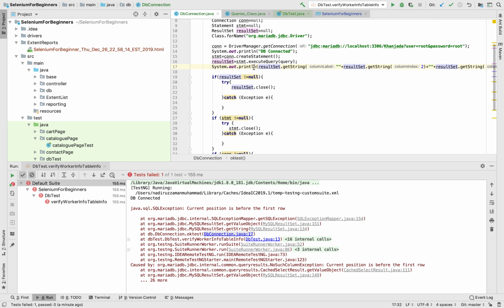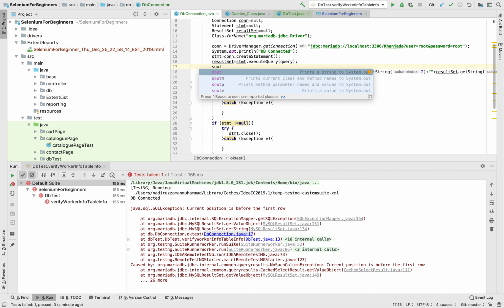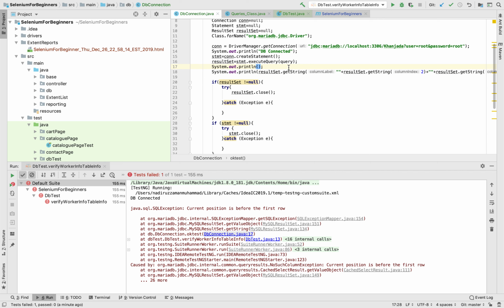I said system out println, so I said result set. Okay, it should be, so I say over here result set equal,